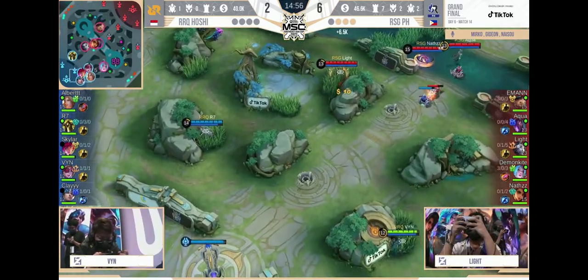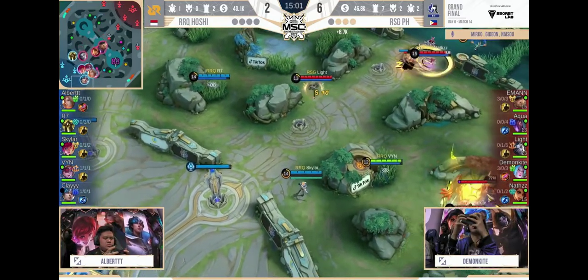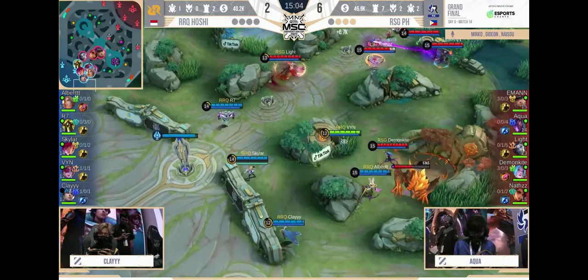Yep, I mean, once again, RSG, they're making the smarter decision. There's no point to try and press the advantage here. They know they're on the winning end in a lot of these fights. They're 6.7k ahead, and RRQ Hoshi...